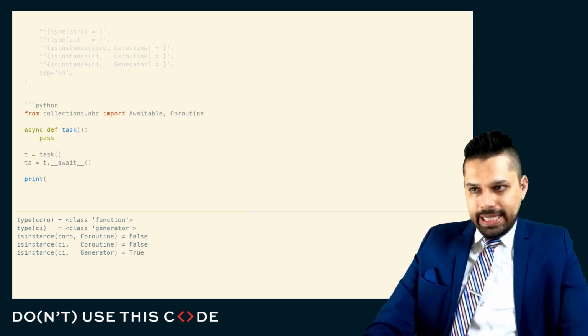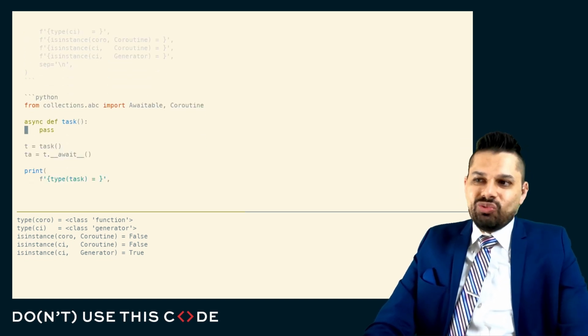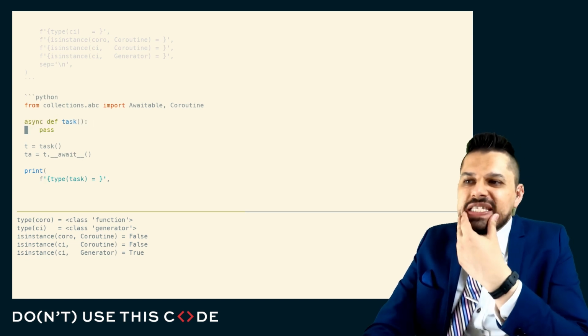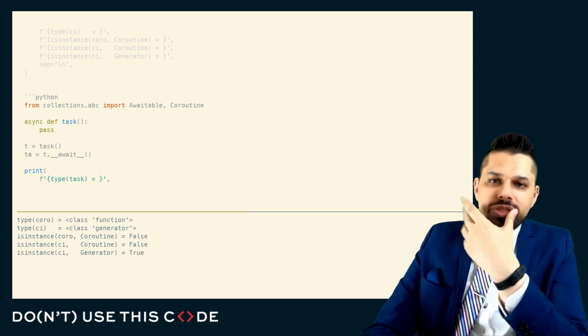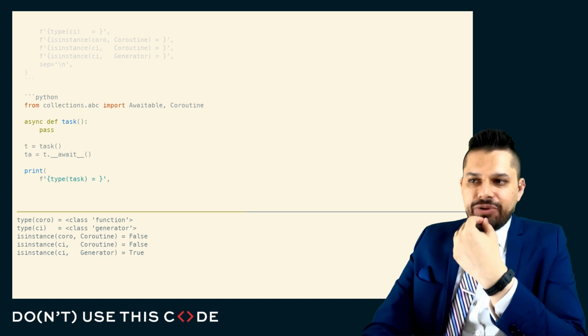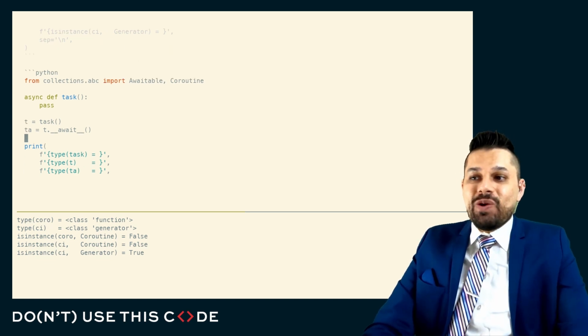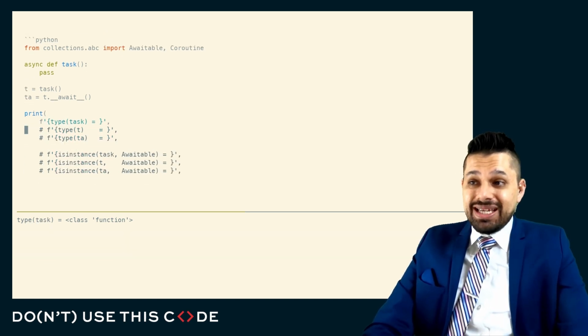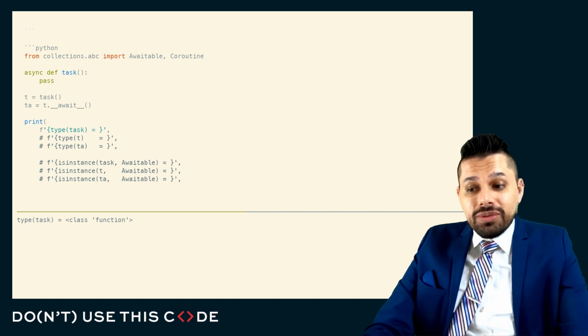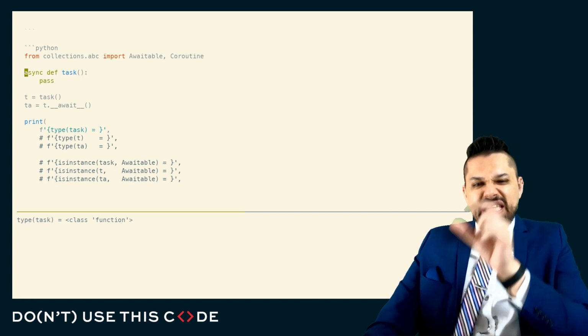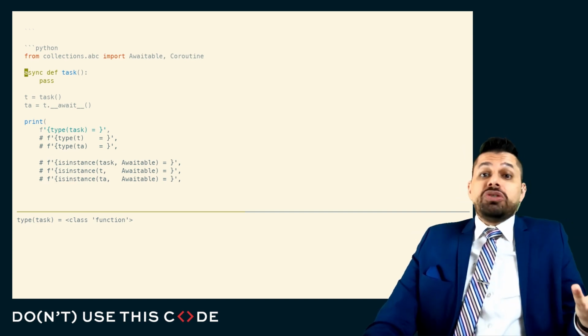If we go into our async IO and we ask Python, what is this? And we might call this an asynchronous coroutine, or a coroutine with a capital C, or an asynchronous task, or whatnot. We ask Python, what is this thing? You know what Python's going to tell us? It's going to tell us, this is a function too. All of the things that we see which have def in them, to Python, they're just functions.